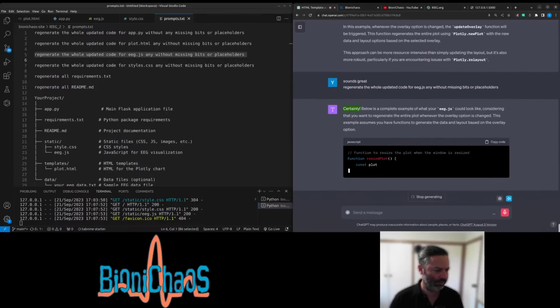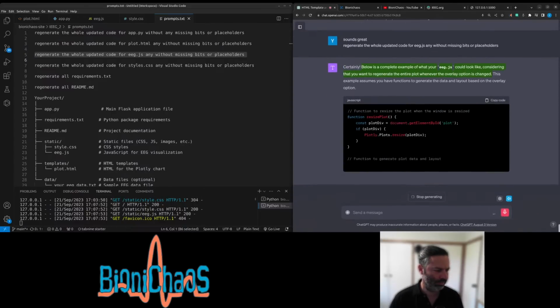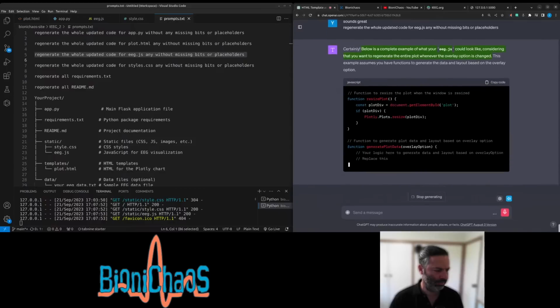Certainly. Below is a complete example of what your EEG JS could look like, considering that you want to regenerate the entire plot whenever the